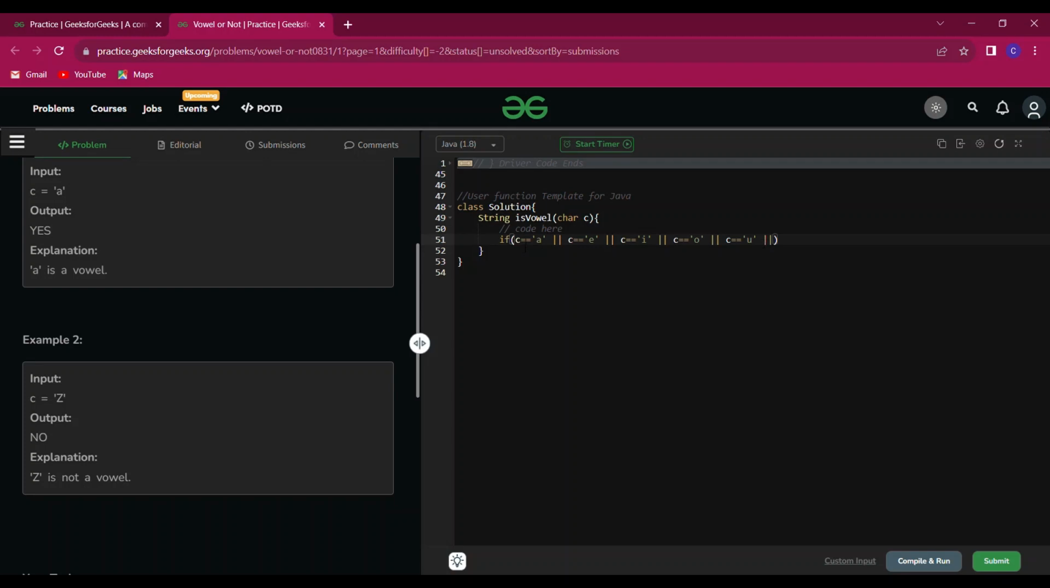Now we will copy this statement for uppercase. All the lowercase are covered. So now if capital A, capital E, capital I, capital O, capital U, then if C will be a e i o u in lowercase or A E I O U in uppercase,